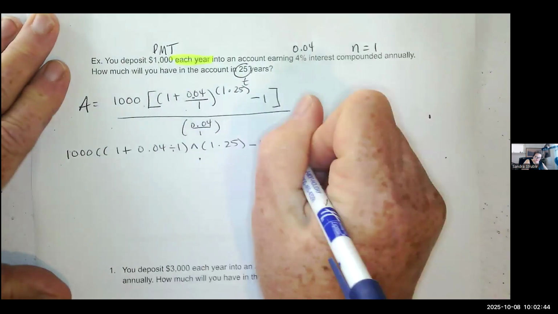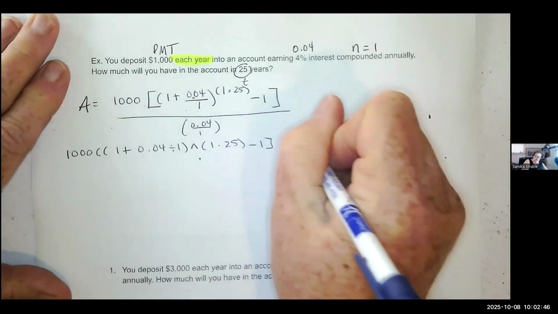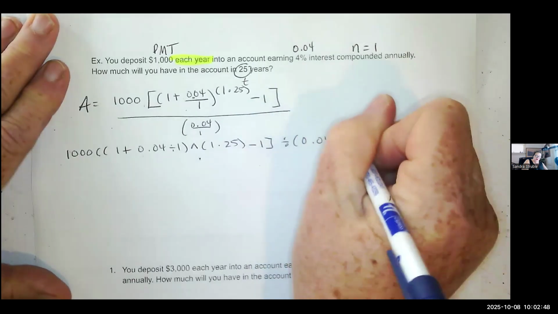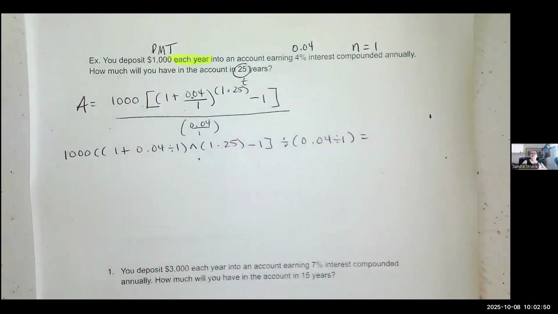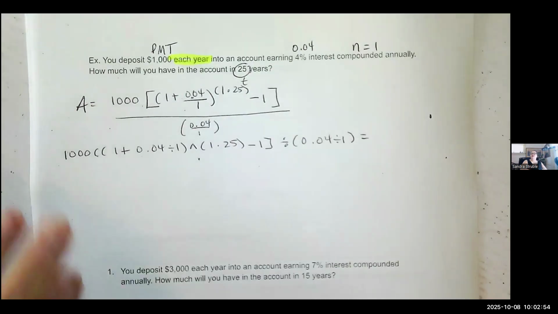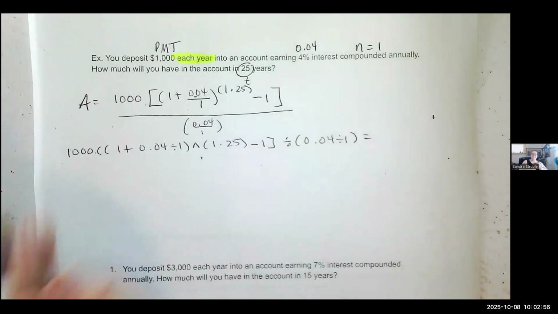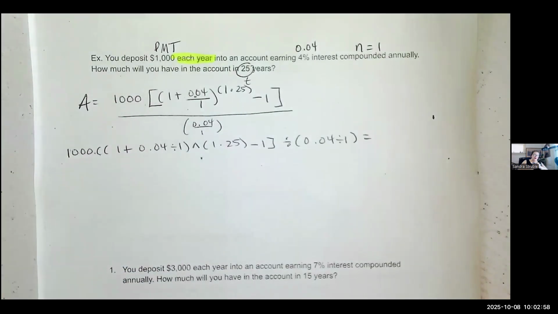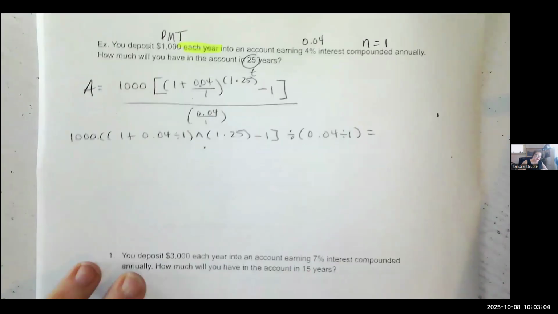Okay. Divided by open 0.04 divided by 1 close equals. So there is how you put it in your calculator, again, unless you have the TI-30XA, which you would have to have a multiplication symbol here. If you want to do order of operations, that's fantastic. I love that. But otherwise, if you want to put the whole thing in at one time, there you go. So if you want to do this together,